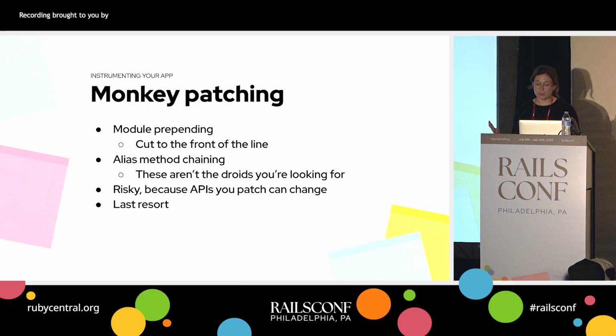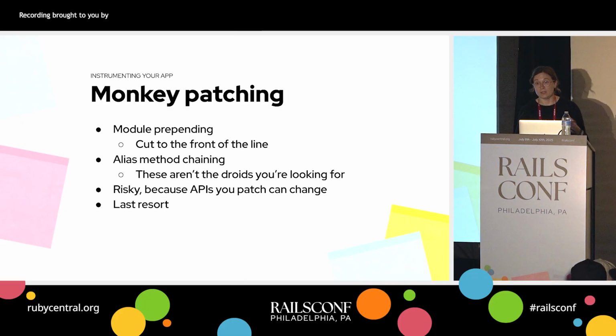Monkey patching is usually done through module prepending these days, but if you work on an ancient Ruby agent like I do, you also have alias method chaining. Module prepending is basically like cutting to the front of the line. When you prepend to the module, your code is going to go first and also potentially last in the full ancestors chain. Alias method chaining is kind of used for instrumentation by renaming the original method to something like uninstrumented,